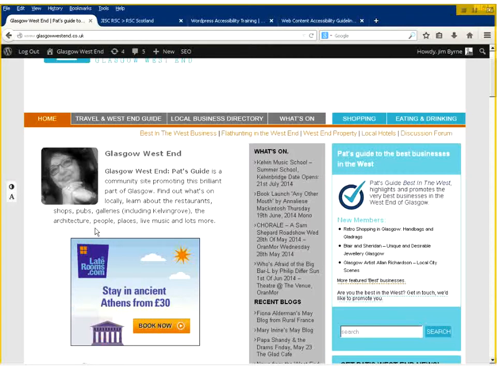You might also say the things that you are aware of that are not accessible on the page and what you can do about it. Most accessibility pages would, you'd expect people to say that. In fact, on my website, I've written some stuff about what should be in your web accessibility page. If you are interested in that, you can either email me and say, where is that page, Jim? Or you can do a search on Google and look for jimbyrne.co.uk and then search for example accessibility page. You'll find it.